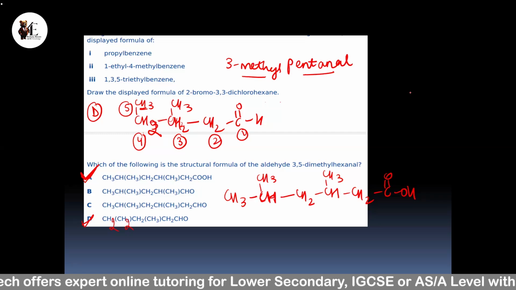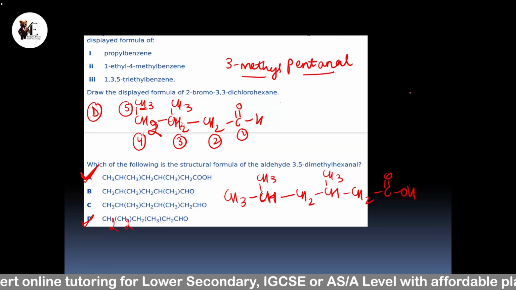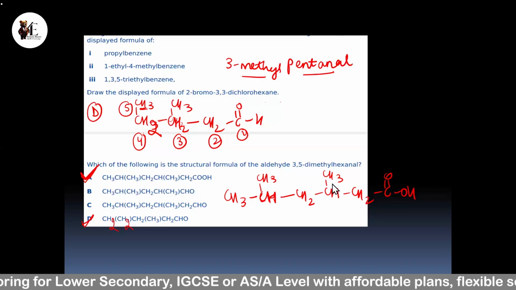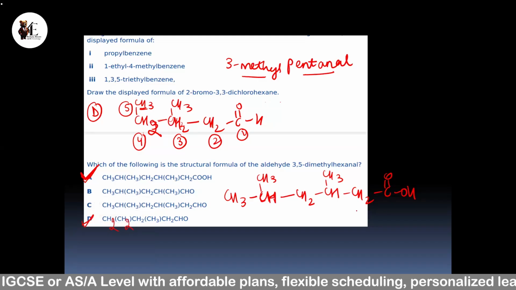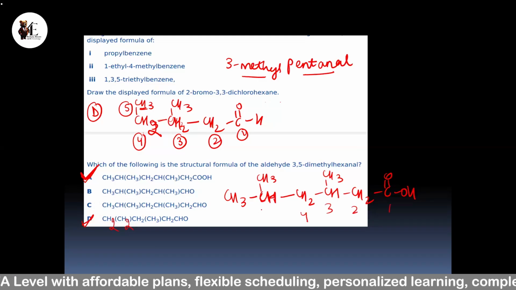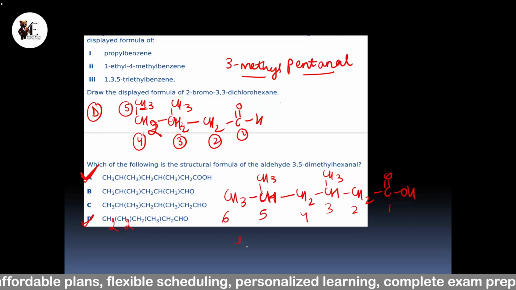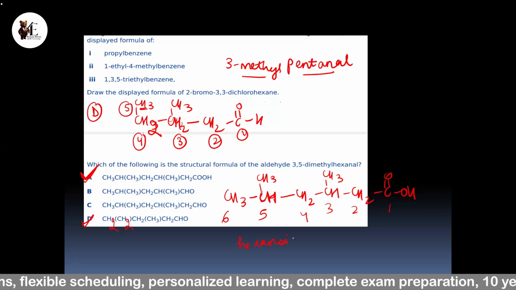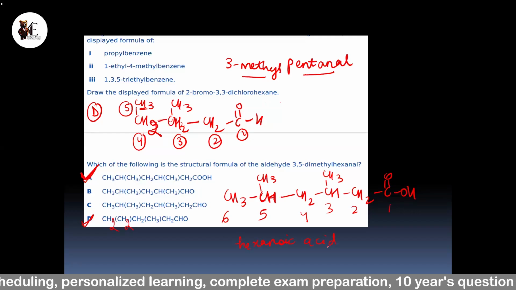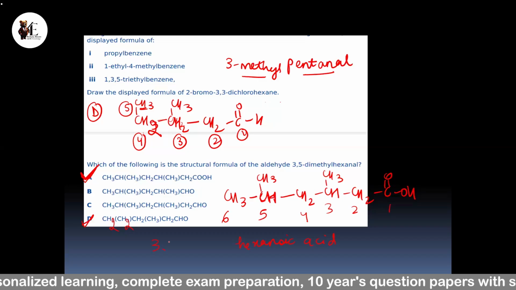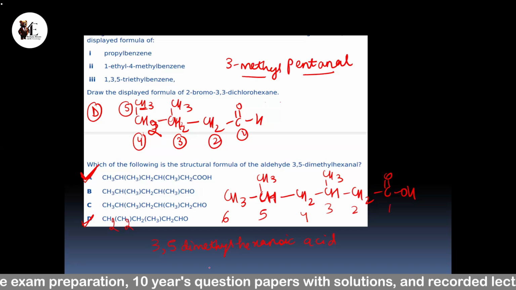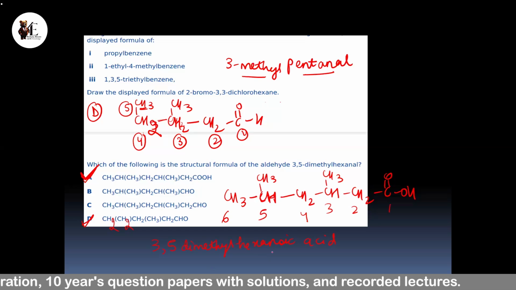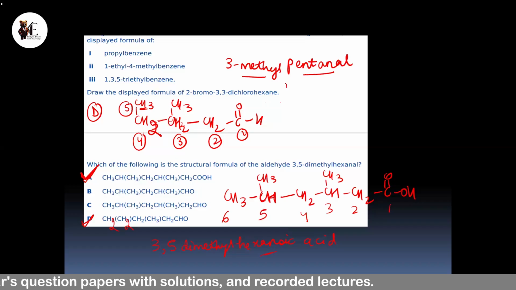Hexanoic acid. Hexanoic acid is correct, but what should be the prefixes here? 3, 5 dimethyl. Yes, 3,5-dimethyl hexanoic acid. So here write down one more rule of IUPAC nomenclature that you have to identify